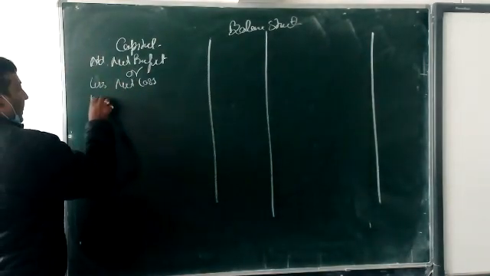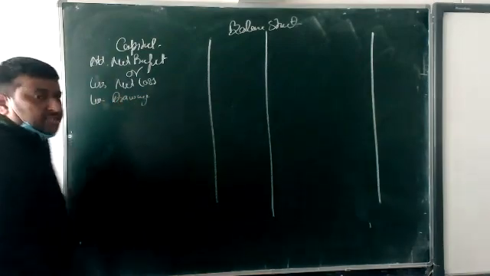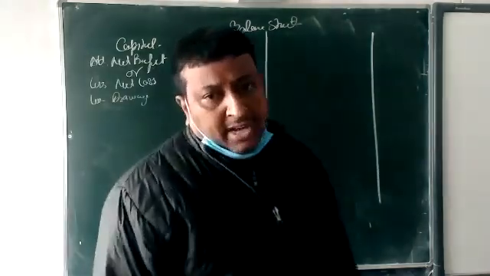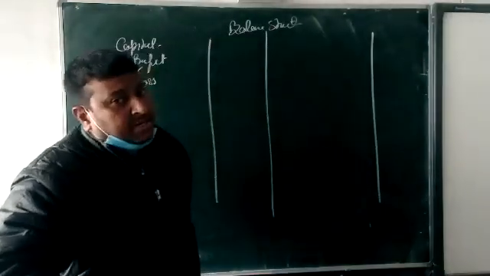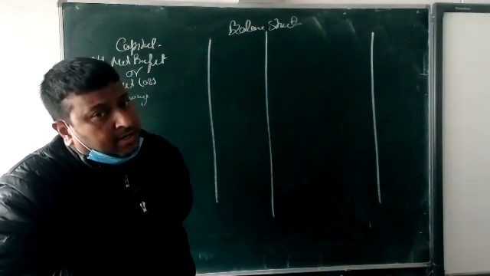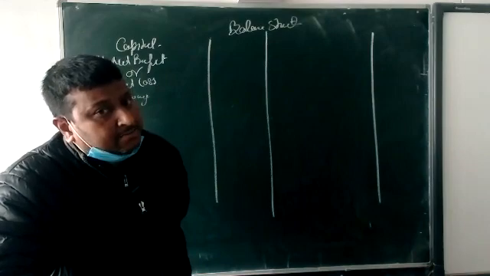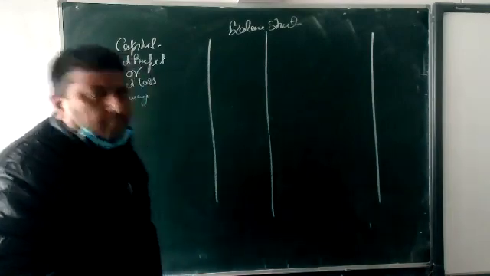Okay, and less drawing. If drawing is given, that drawing will be less. Okay, just remember the equation. Any type of profit will be added to the capital, any type of loss will be less from the capital, and drawing will be less from the capital. In the equation, same way.